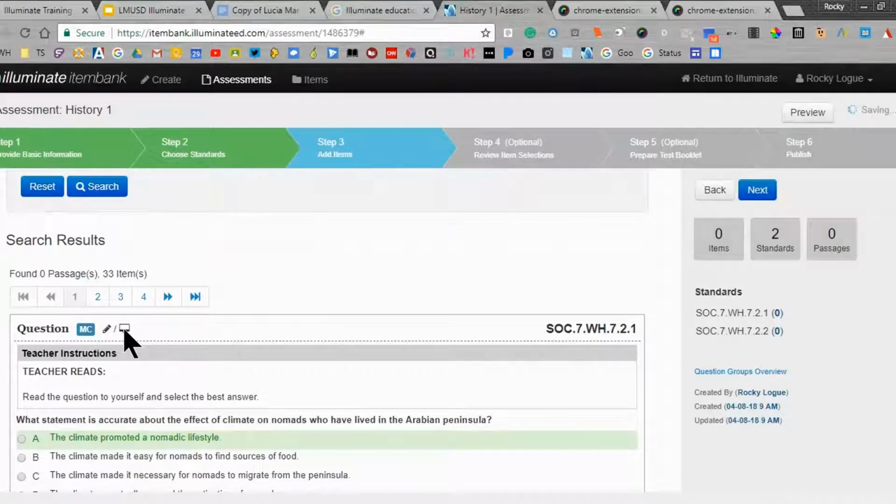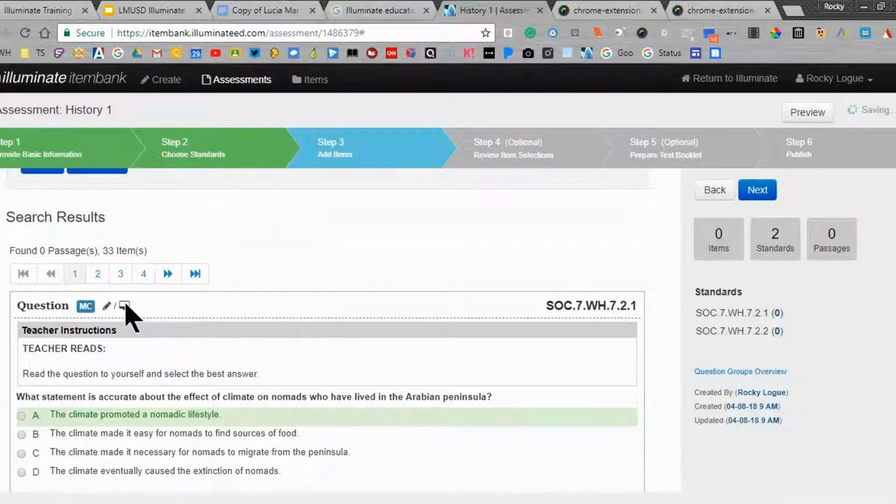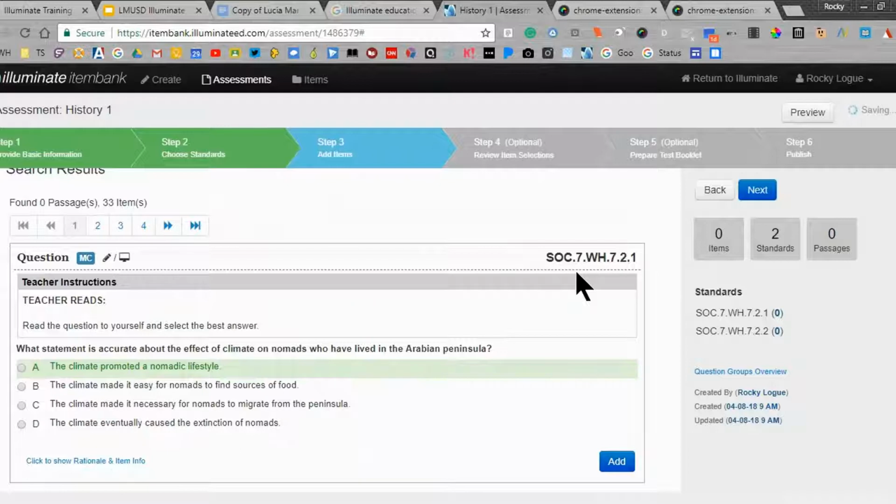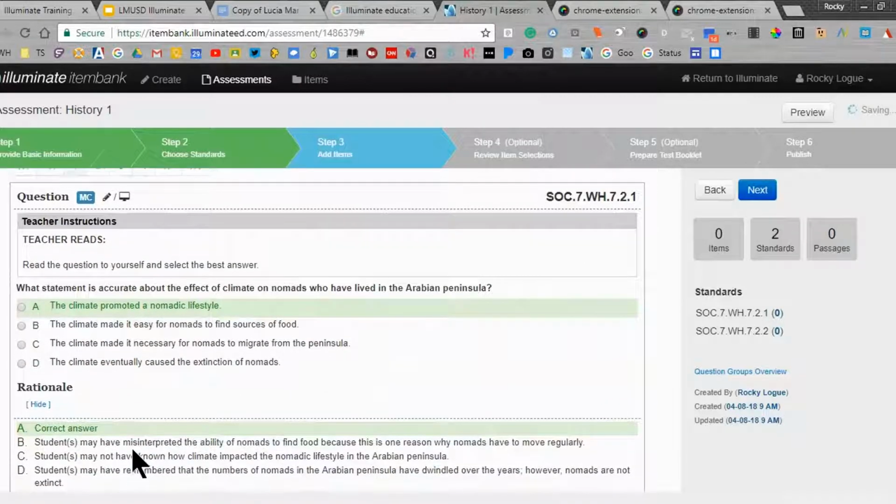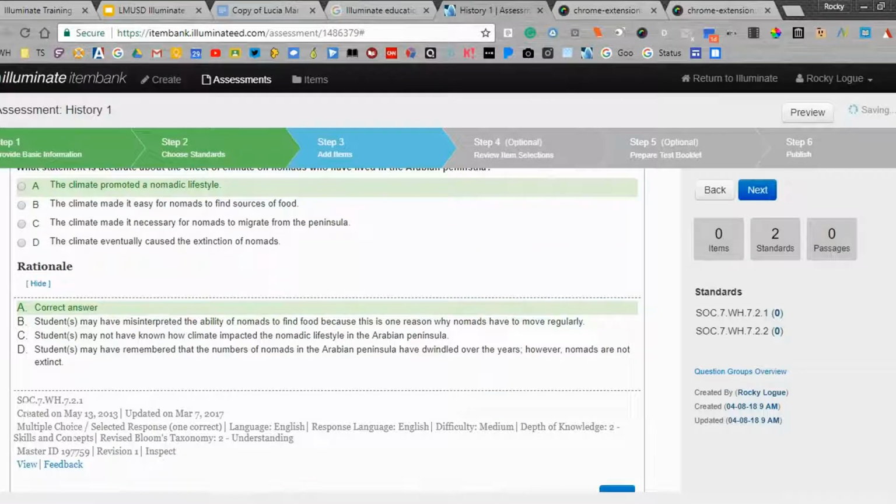First of all, if you look here, we have two little icons, and you'll see different icons for different things. This icon will let you know that you can use this to work both paper and online tests. So that's what this combination means. Some, especially for math, if you're doing math computations online, they'll be only online questions, and you'll see it'll say online only. It tells you what type. It's multiple choice. It gives you the standard. It gives you the key. Tells you more about what type of question it is, what level of thinking it is,